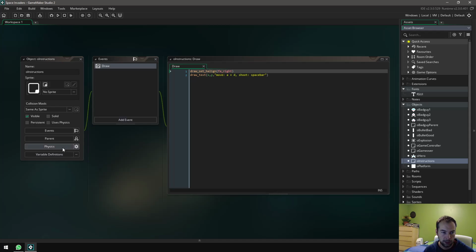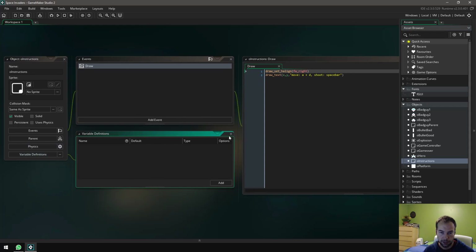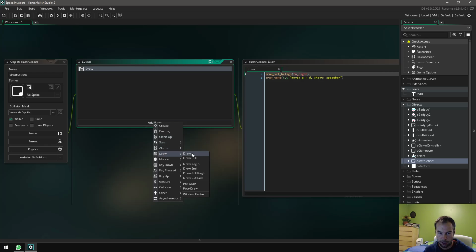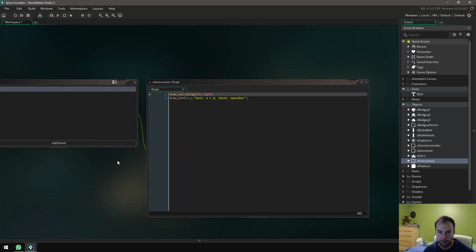So for this one, there's no variable definitions, nothing to worry about there. The only thing we need to worry about is the events. So I have one event. It's the draw event. To get it, you go add event, draw, and draw. And then for the code,